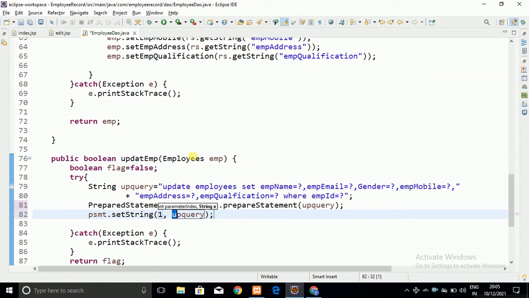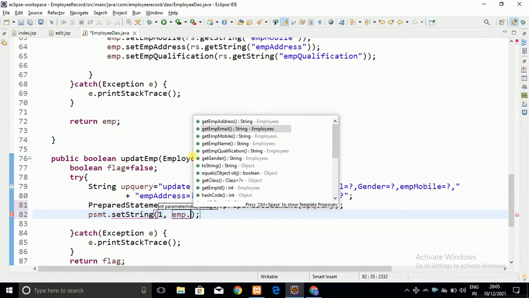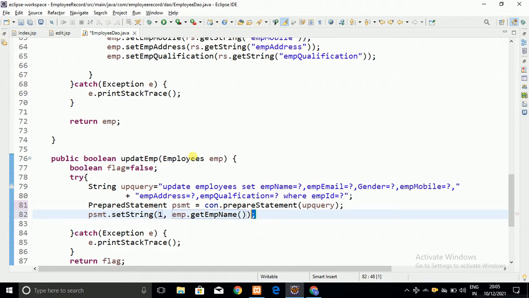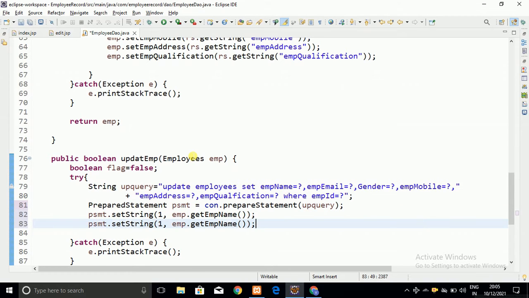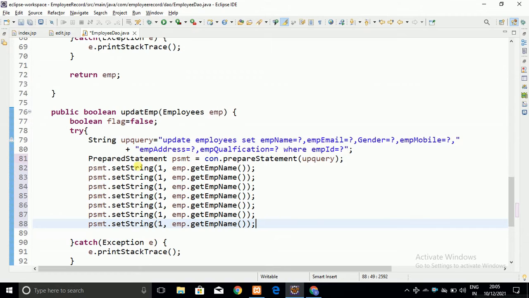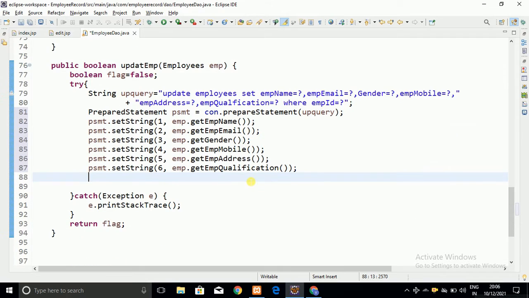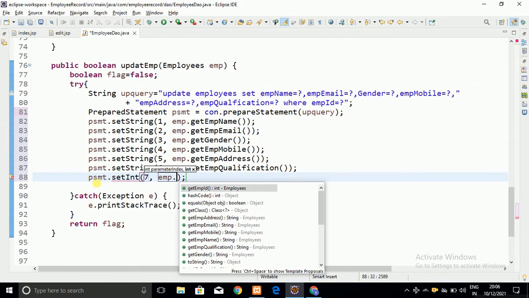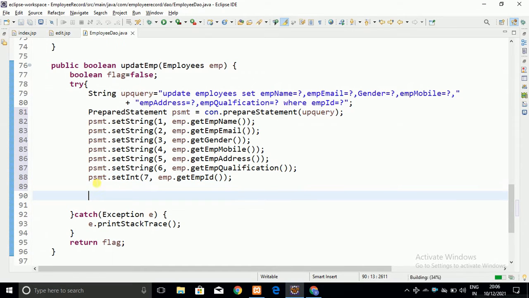The value of the first placeholder is whatever I get from the employee object, employee dot getEmployeeName, and in a similar way I set the other values, the remaining six values. The seventh one is the employee id, that also I am going to write. That also we got from the employee object, whenever we pass the employee object to this method.